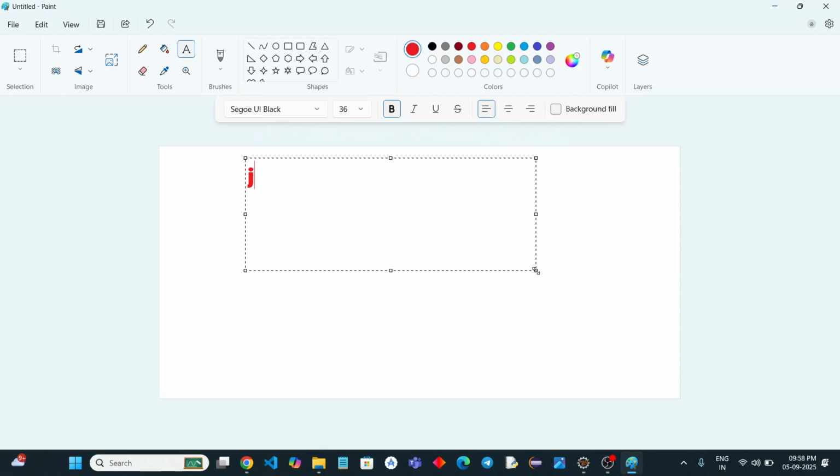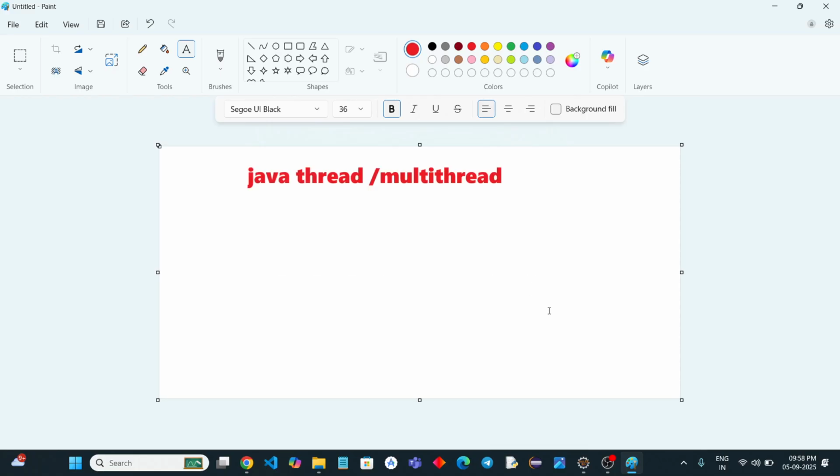So now today we are going to learn about Java threading. It is also called multi-threading. You can say thread, or there are two options: either you can say Java thread or multi-thread or multi-threading. So this is a topic we are going to see, and why it is introduced, what is the